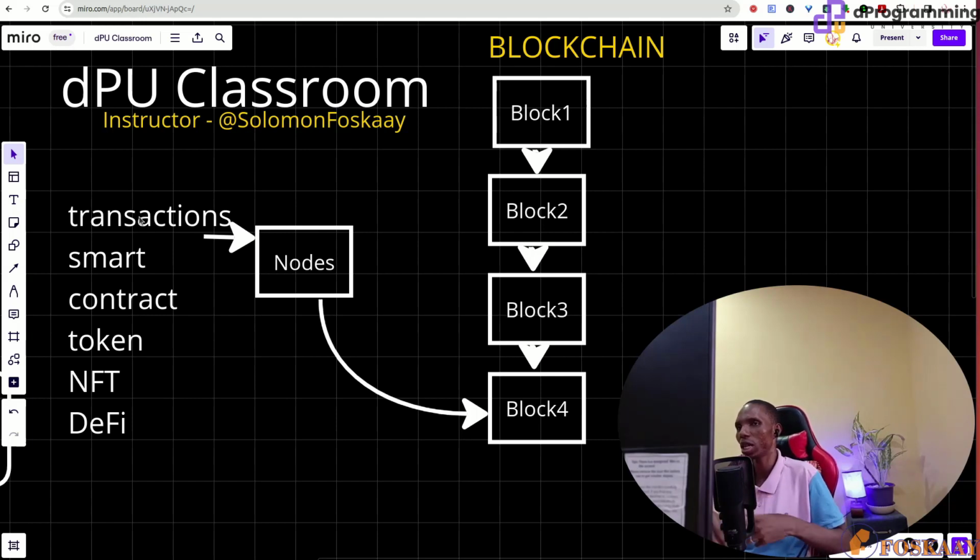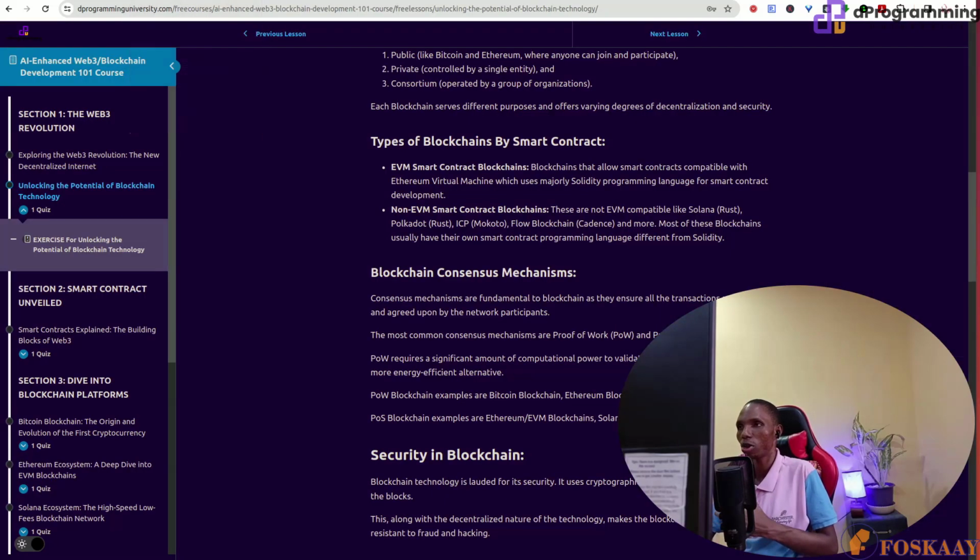Apart from that basic function, you need smart contracts to expand the functionality, which then allows people to deploy their own custom token, their own NFT, their own DeFi platform, their own exchange, and a lot more things like that. So all those things you need smart contracts to get done.